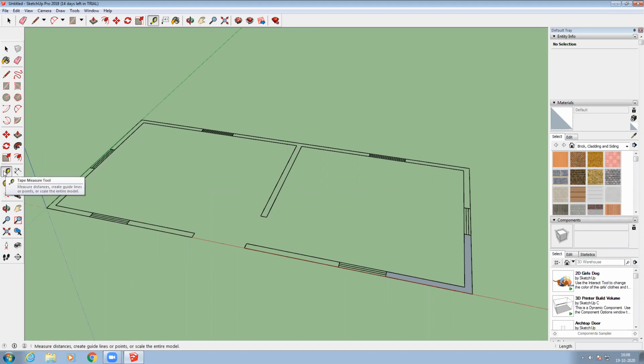For that, I'm going to take the measuring tool, right? With the measuring tool, you can see a plus symbol. If the plus symbol is there, it means it is in guide mode. So we have to remove the plus symbol first. For that, you have to press Control, right? You can see the plus symbol that was there went away. Then I click the dimension whatever I want to know.